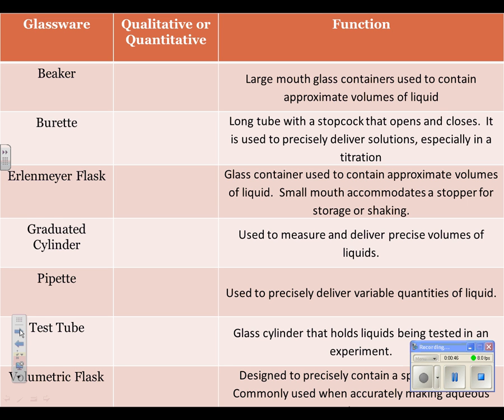Remember, beakers, they're approximate. Remember, they're basically holding vessels, so they're qualitative. Burettes are precise, so they are quantitative. Erlenmeyer flasks. Remember, we had two types of flasks. One is qualitative, one is quantitative. The Erlenmeyer is qualitative because it's approximate. Graduated cylinders are always precise, so they are